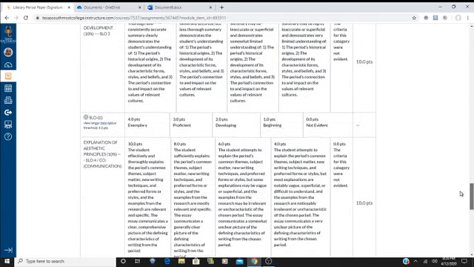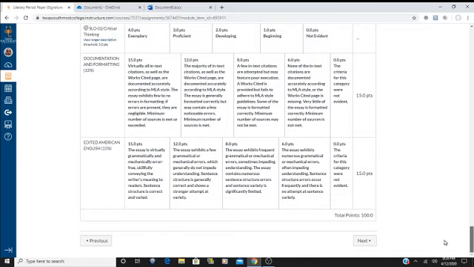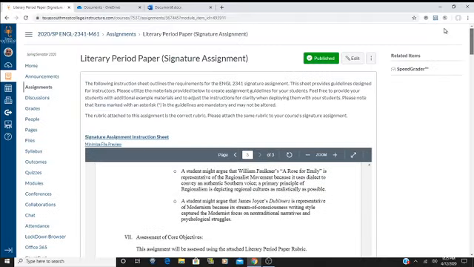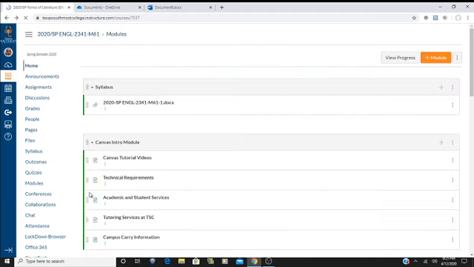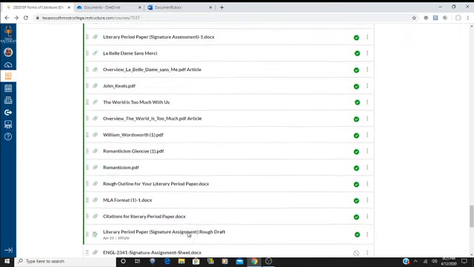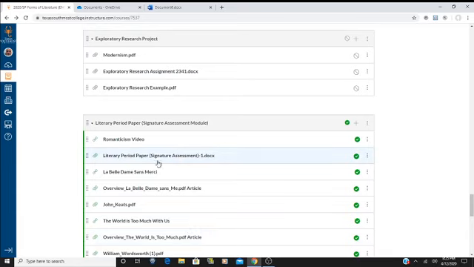Okay. And so there's a lot here. I want you to look at it. That is what we have to grade the paper by, and the school wants you to get this done. So even though it says signature assignment sheet here, you can read it if you want to, but it's basically the same thing as what I have, and this is a lot easier. You don't want to get confused. As a matter of fact, I might take that out.